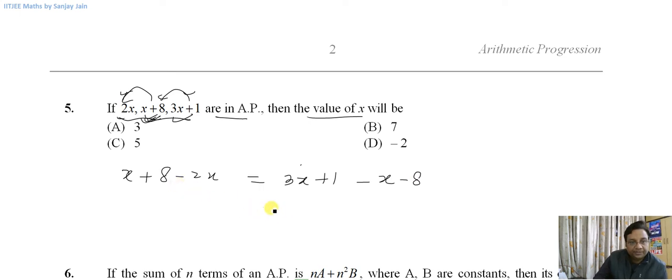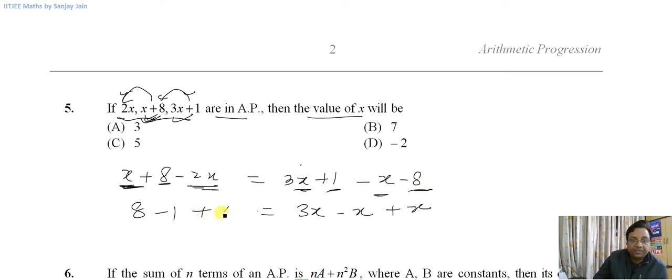So let us bring all the x terms on one side. x minus 2x is minus x, and if I bring this minus x to the right hand side, it will become 3x minus x, and this minus x will come as x, and this 8 stays, this 1 will come as minus 1, this minus 8 will become plus 8 here. Now you cancel it. 8 plus 8 is 16, minus 1 is 15, so 15 is equal to 3x, hence x will be equal to 5,